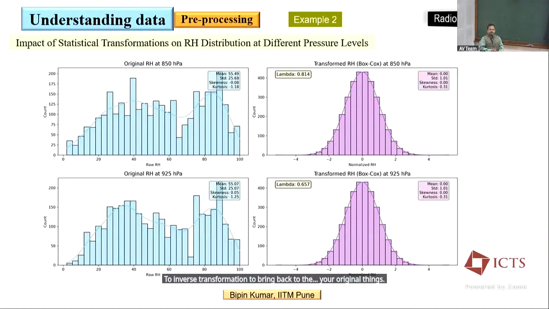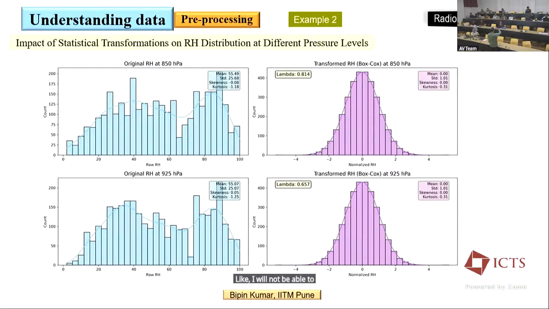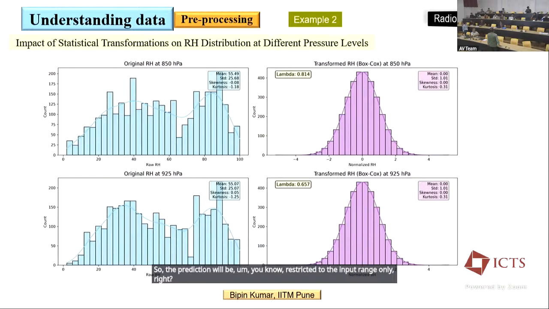Yes, I got it, sir. So now the question arises that when we denormalize it, the output will have the same range as the input, right? So we will not be able to predict extremes, which are out of the range of the input data. You are talking about the outlier or extremes? I mean, my model is going to predict, let's say, MLD. The prediction will be restricted to the input range only, right? It will not predict from 0 to 60 necessarily.